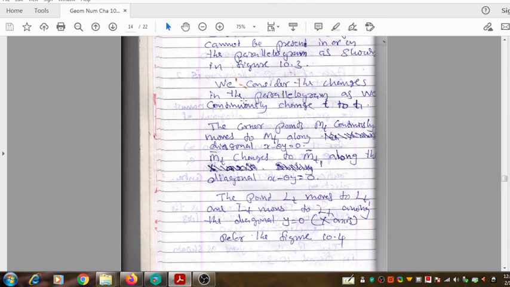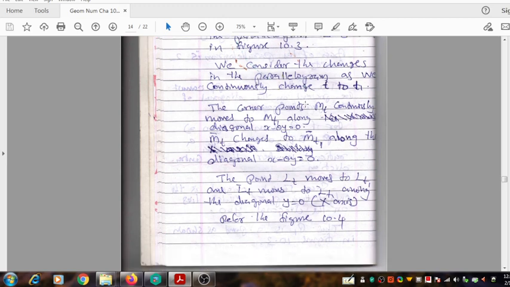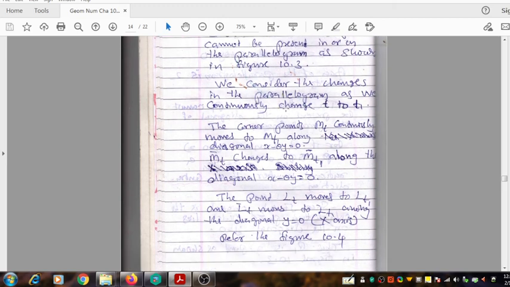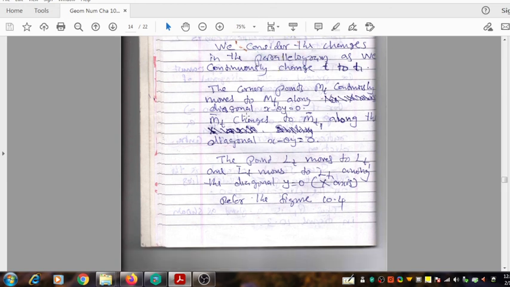One such value is t1. As we consider the change of h from the value t to t1 continuously, then